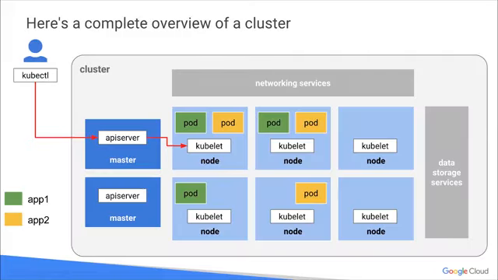Here's a complete overview of a cluster. So you have kubectl. That's the guy sitting, the blue guy at the left-hand side there. It's the Blue Man Group, okay? Have a couple applications, application 1 and application 2. Then you have the app server. Could be anything, okay? It could be a web server. And then you have the networking services on the top, and as you go towards the right, you'll see the different nodes with the pods inside. So you'll have a pod with a kubelet in it, running a green and a yellow, which are two different applications inside one node. Okay, this is what we're talking about.